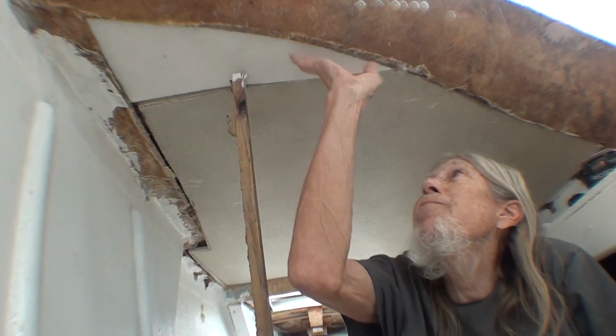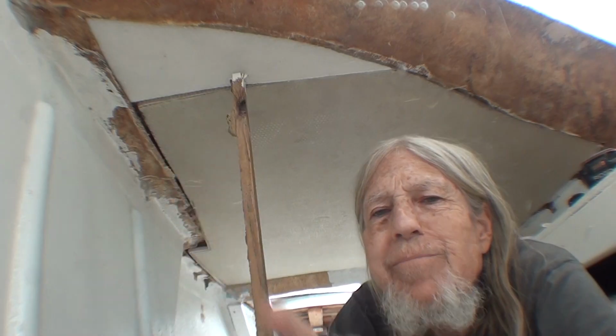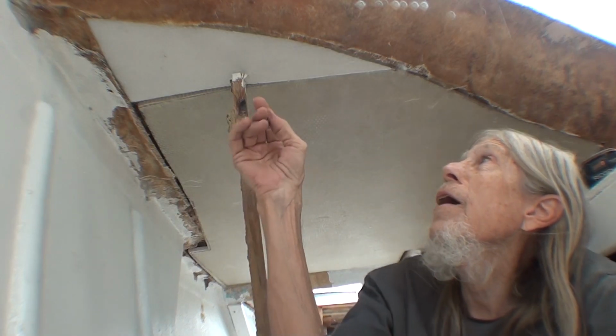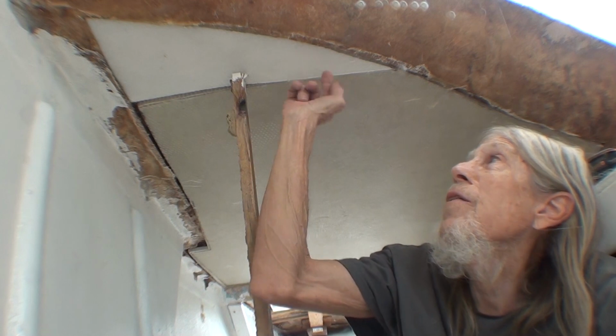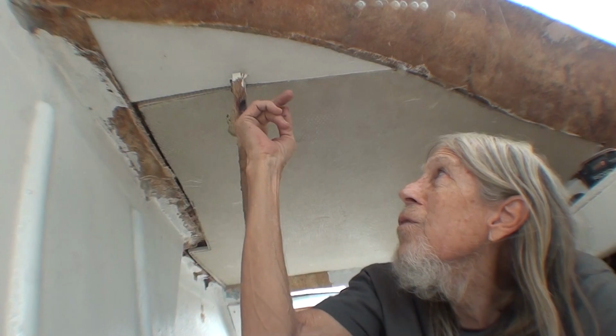So I think I'm going to try this a little bit differently. I'm going to make a little bit more super pooky, and when I mix the resin, I think I'm going to wet out this part of the ceiling and then mix in the thickener to make it into pooky. And then I can smear a bunch of it on the top of this piece and shove it in place and hold it with the stick